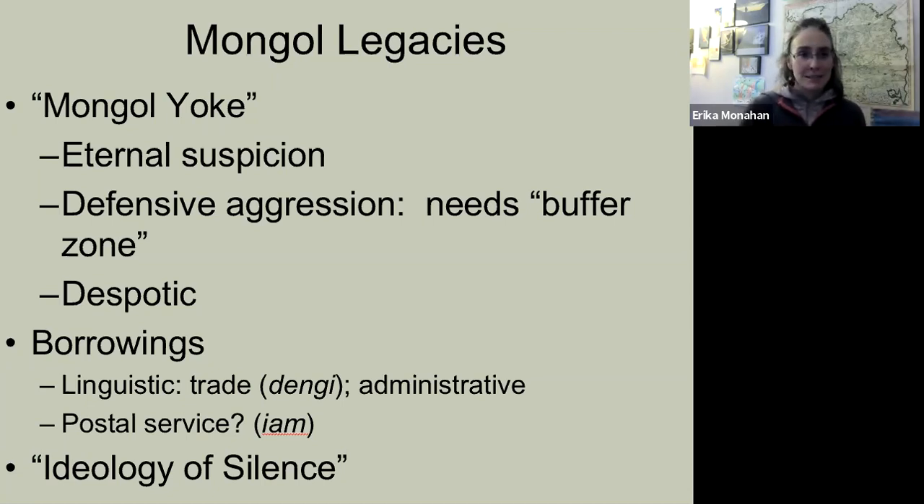And those characteristics are that Russians are eternally suspicious of outsiders, and they live in this place where they were attacked by nomads, not having natural boundaries of real rivers or oceans or impassable mountains, so that they developed a defensive aggression, that they needed a buffer zone. And so Russians are always interested in